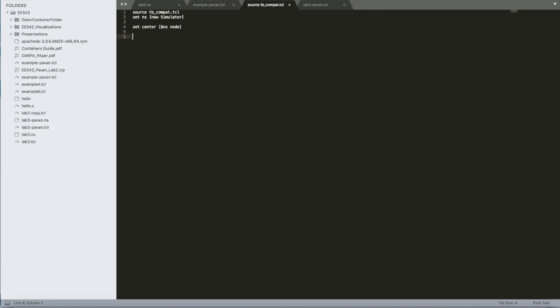Now to create 9 other nodes which are connected to this center, we just run an iterative loop. It's a kind of different syntax than in C. It's almost similar. Then, just like writing a shell script,